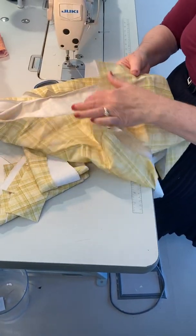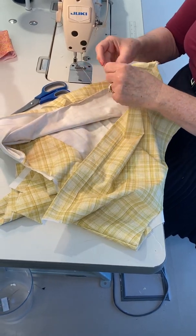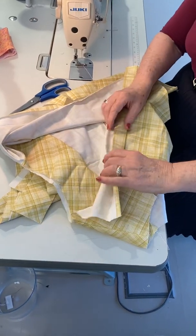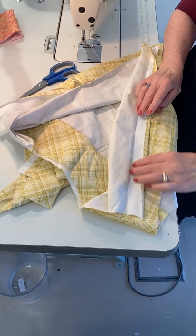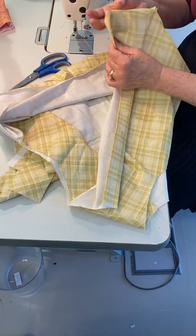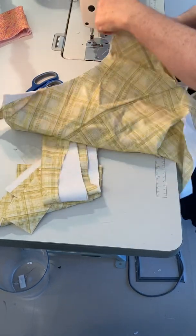On my packet, I'm going to go ahead and stitch this down now. So I have pressed in the facing, the length. I've pressed over 1/4 of an inch, and then I'm folding this on the notch. I've already put the hem in on this one. I haven't done it on the other side, but you can go ahead now and